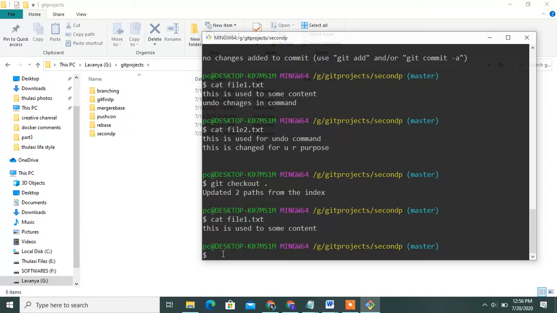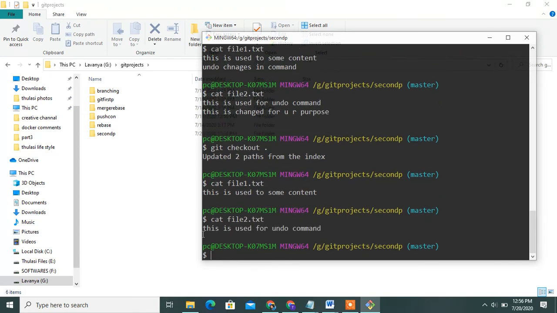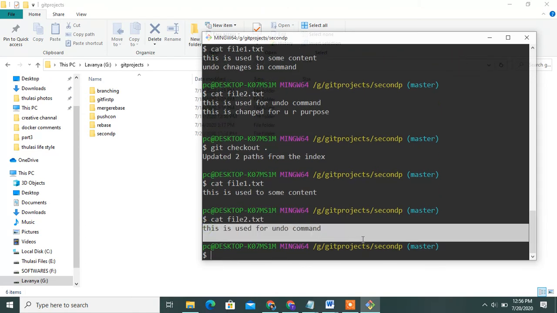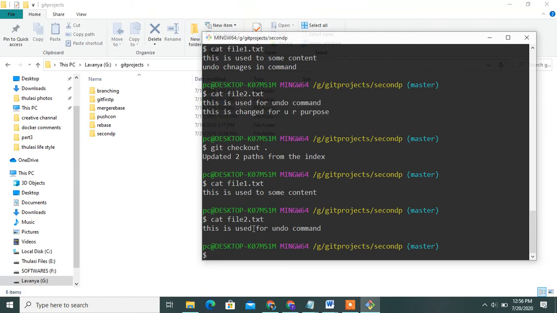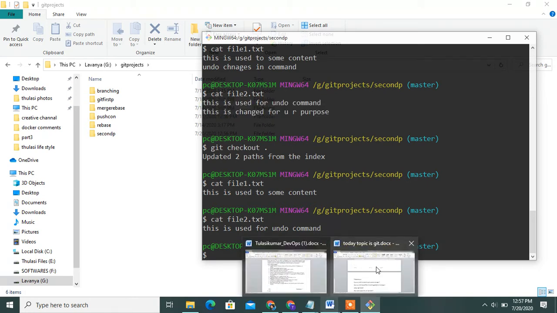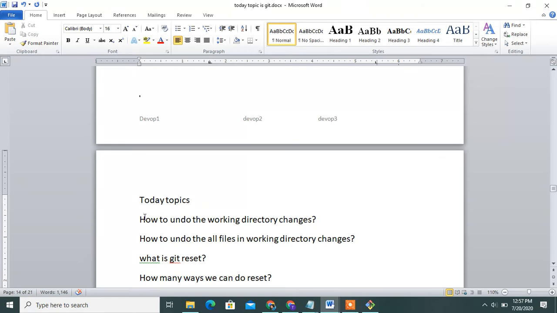In checkout, file2 also used only the undo command. The second line was deleted. This is how to undo the working directory changes, for a file and for all files.